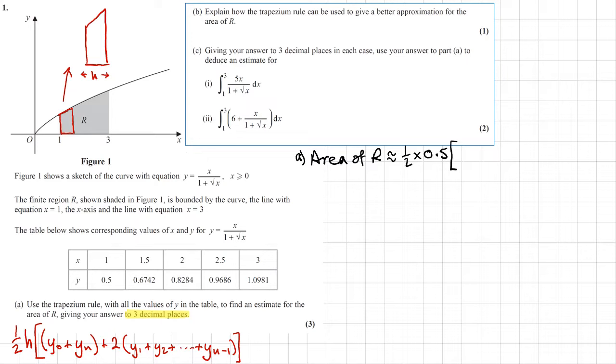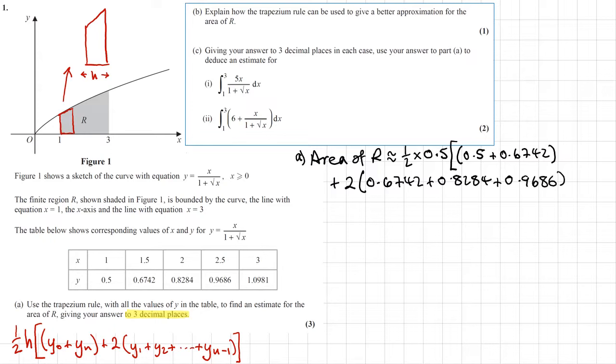Then we add together the first and last y value, that's y0 and yn. So that's going to be 0.5 plus 0.6742. And then we're going to add to that 2 times the sum of the other y values, the ones in between. So 0.6742 plus 0.8284 plus